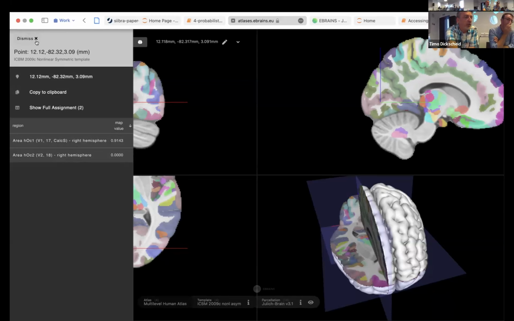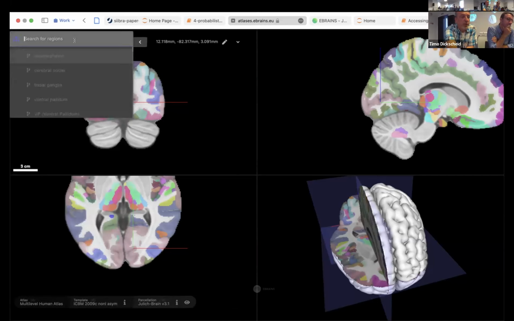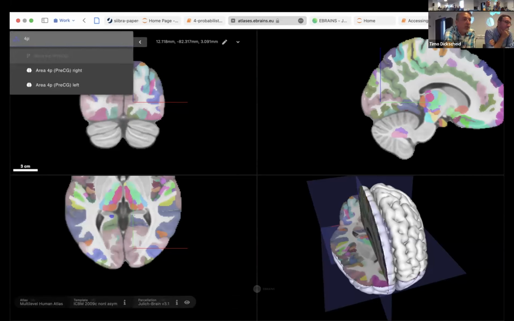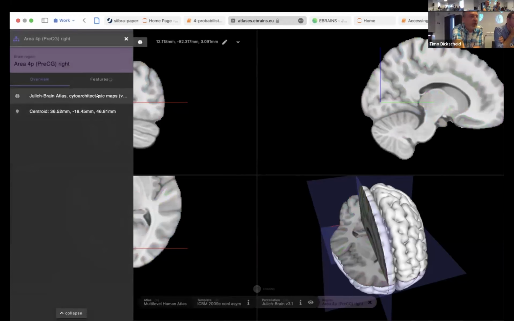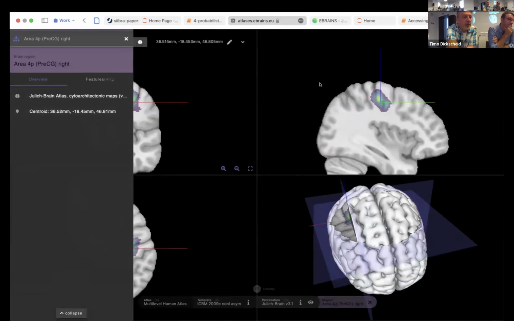And what's also one of the things Timo mentioned was the switch between the different reference spaces, which is also included here in the viewer and also in siibra-python. So again, now I've selected area 4P, which is the primary motor cortex, and I've moved to the centroid coordinate. And if we now switch to the